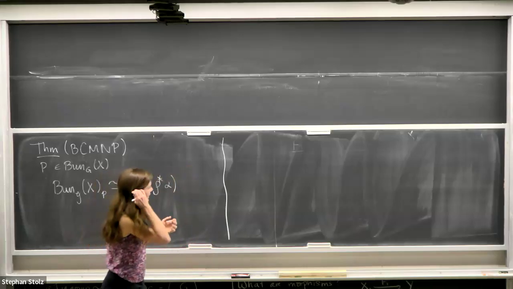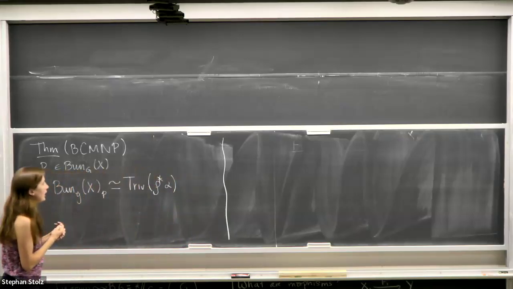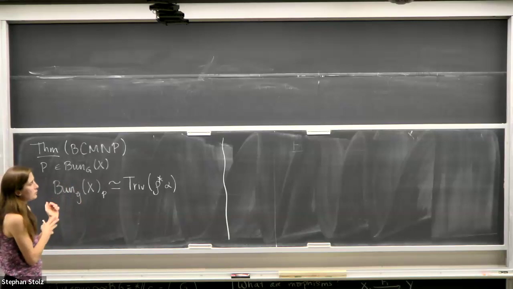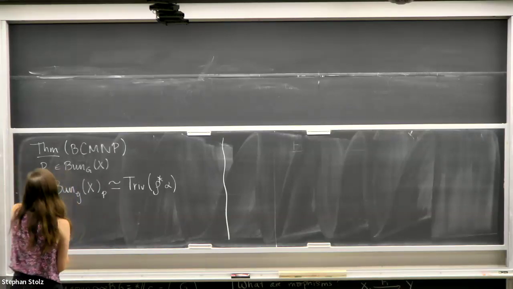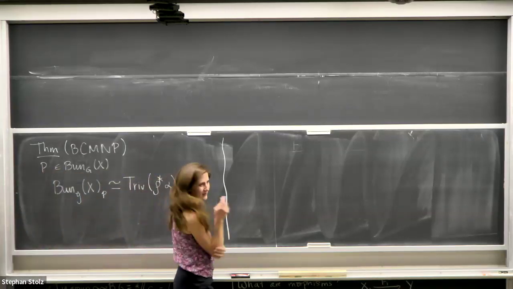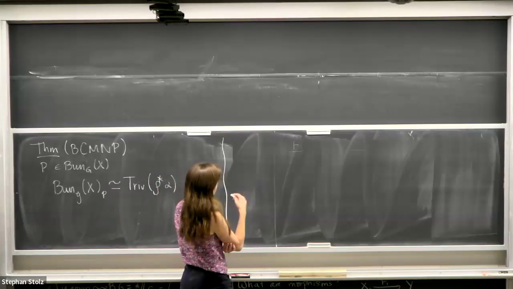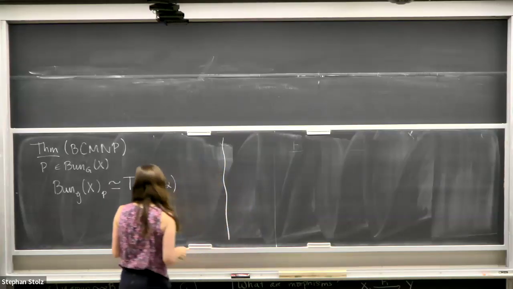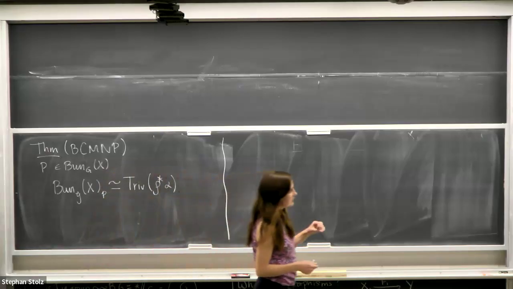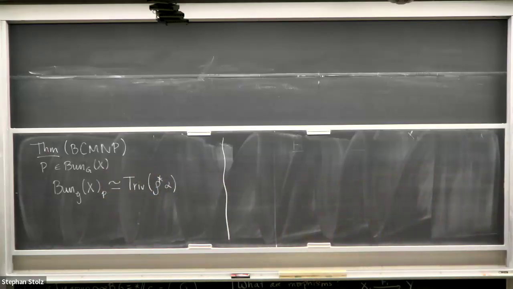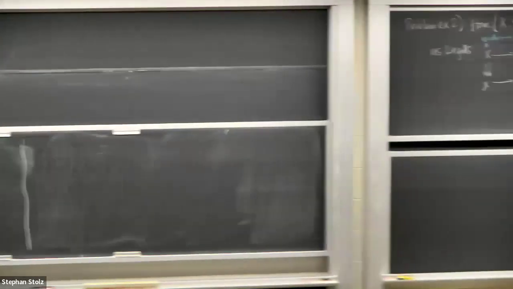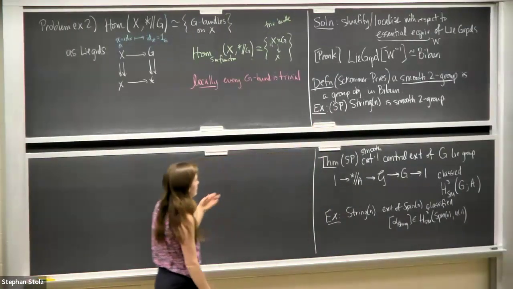You can think of this as giving a description of, or connecting two different descriptions of, what a string structure should be. I just make the caveat that I think this is different from what you might be talking about, in that in this case it's discrete. For the smooth string group that Chris describes, you always have a forgetful functor from bibundles to just groupoids, forgetting the topology. So yes, in the discrete setting,